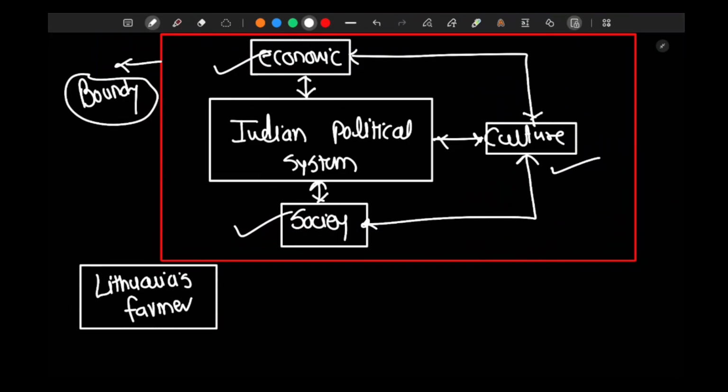These are the elements of his approach, not the political system but his approach, whereby he gave a definition of system which is elements in a state of patterned, structured interaction. There is a subsystem, there is an environment, and there is a boundary as well. Now we have to understand the actual political system of David Easton. I hope till now you have understood everything. Now we'll try to understand the political system of David Easton.